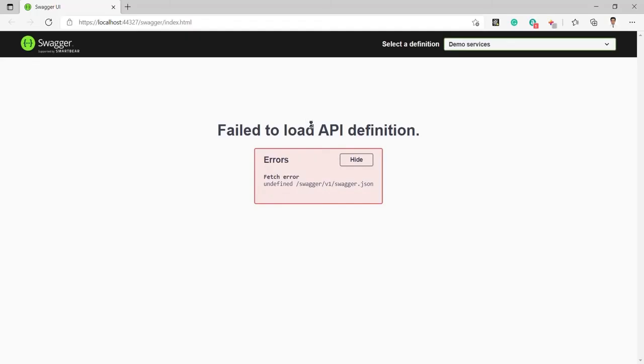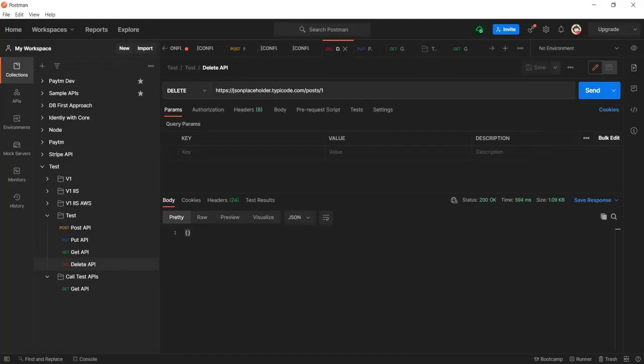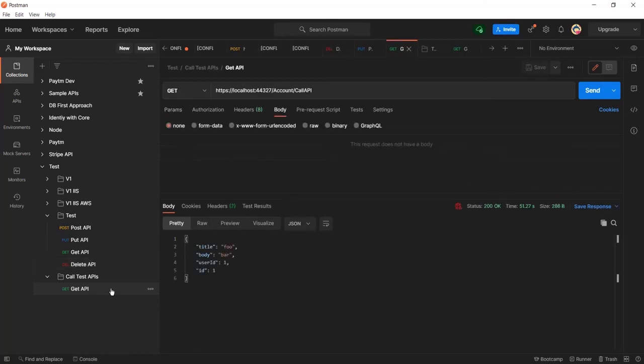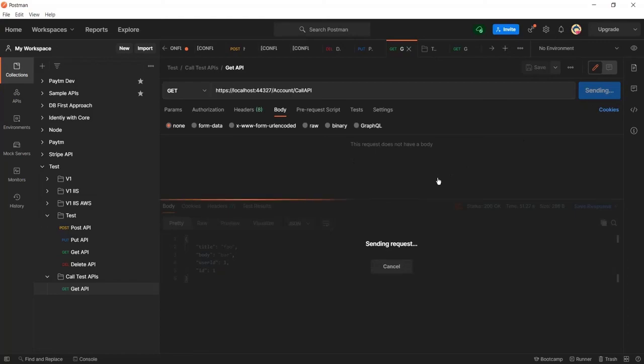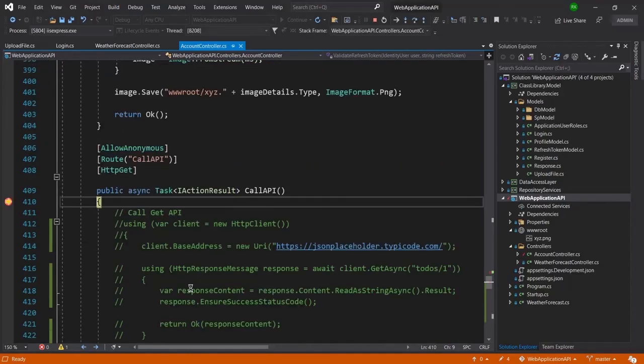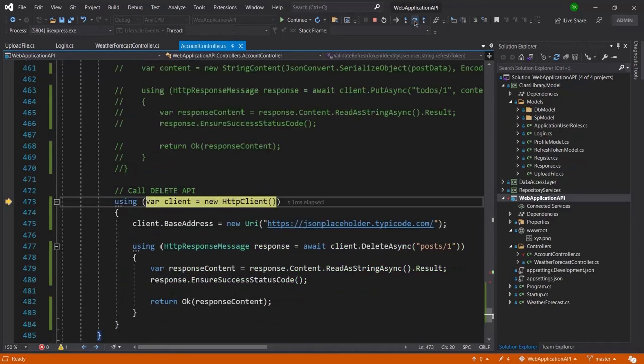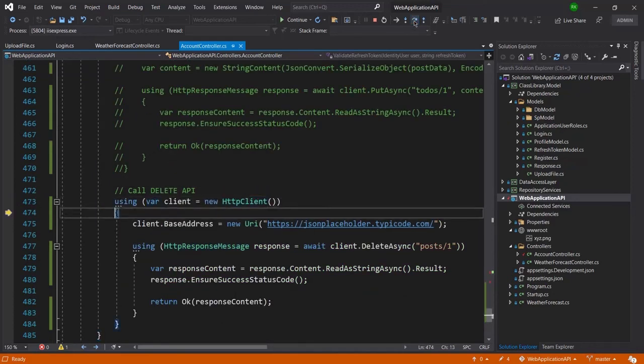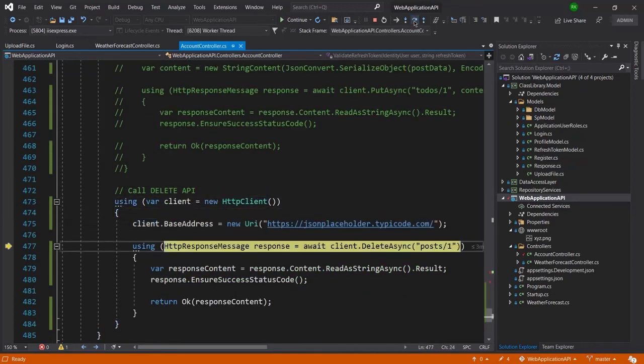You can see here our code is running once again, and now I will go to get API here, and I will call the API from here. I will click on send, and now you can see the breakpoint has come here, and now I will click on F10, or from here click on step over, and you can see this is calling the API.